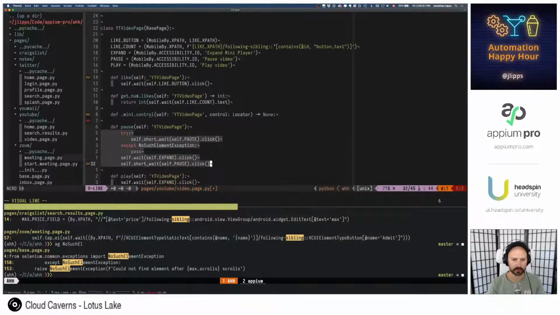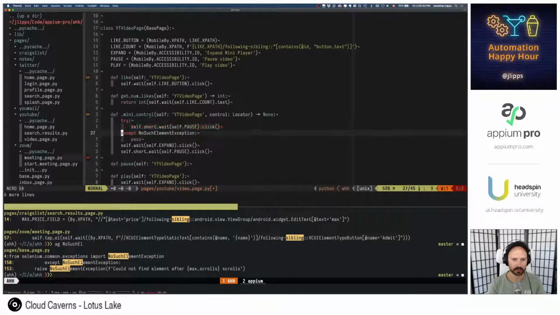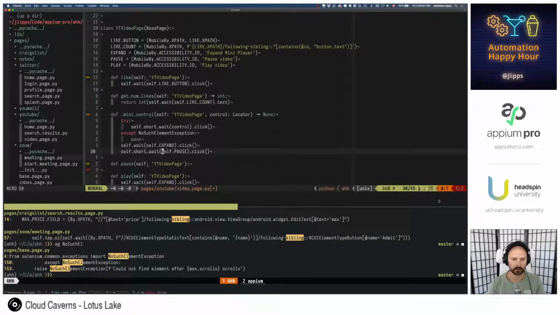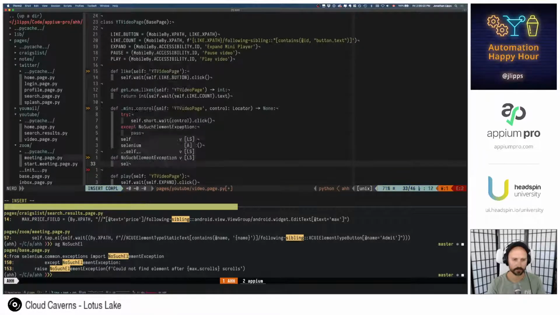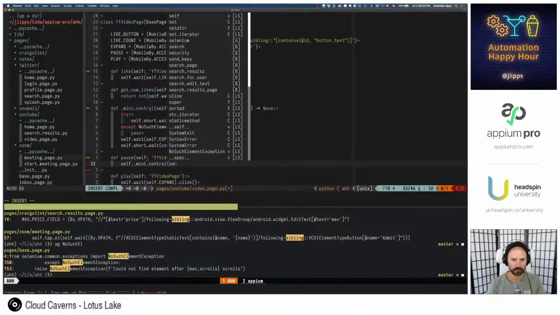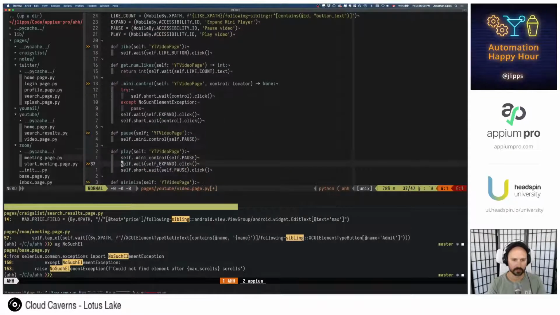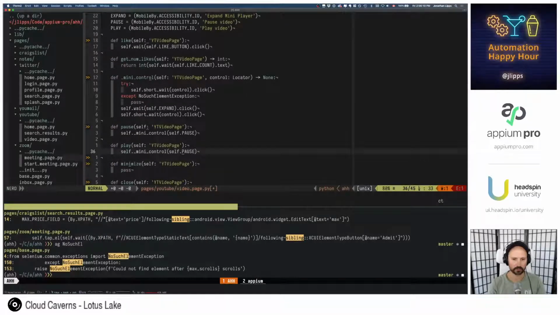Because we're going to do this many times, we're just going to look for that control. And then under play, I'll just do play like that. That way we don't have so much duplication.